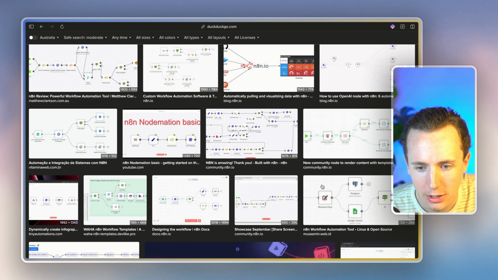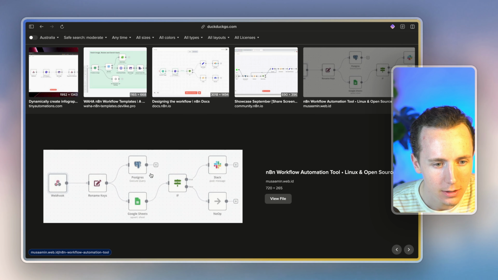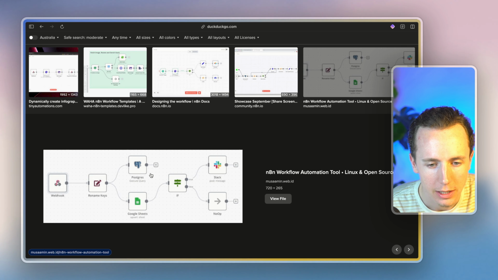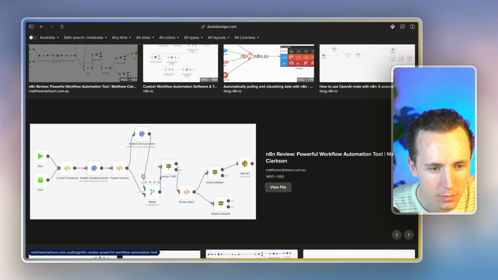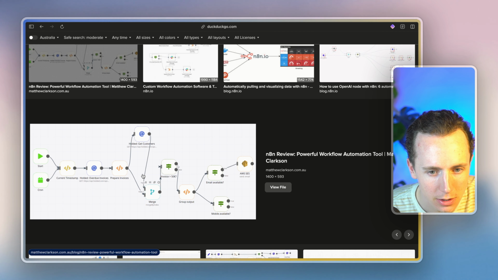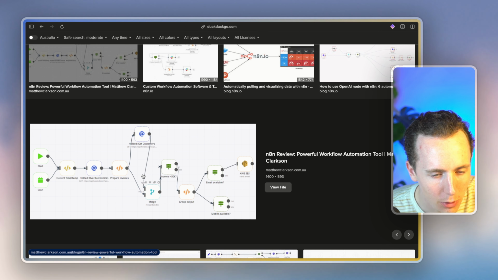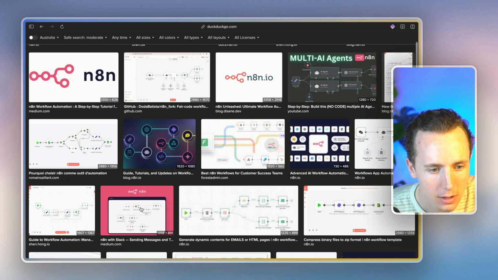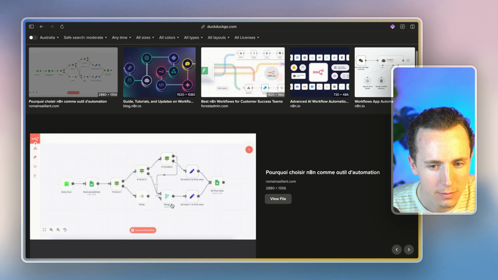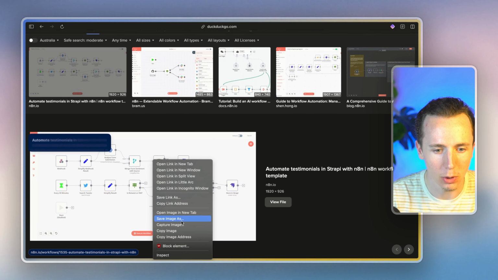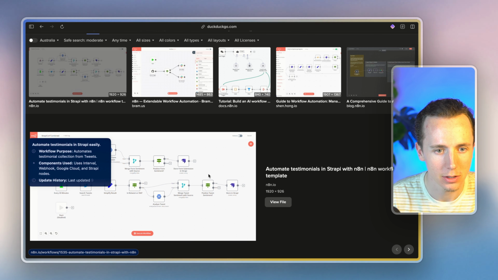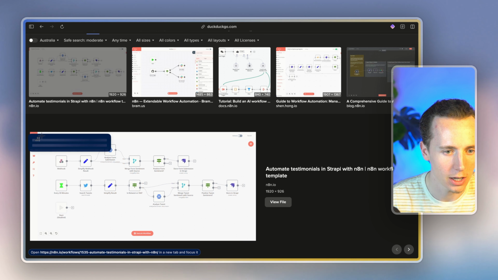There's a Postgres database in here. Yeah, so it's pretty simple. Here we go. I'm not exactly sure what this one does, but it looks like it's getting invoices using code. Let me just pull in something like this. So if I copy this image, or if I just take a screenshot of this,